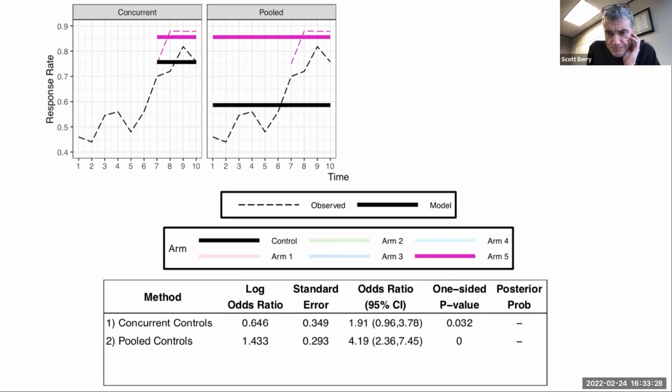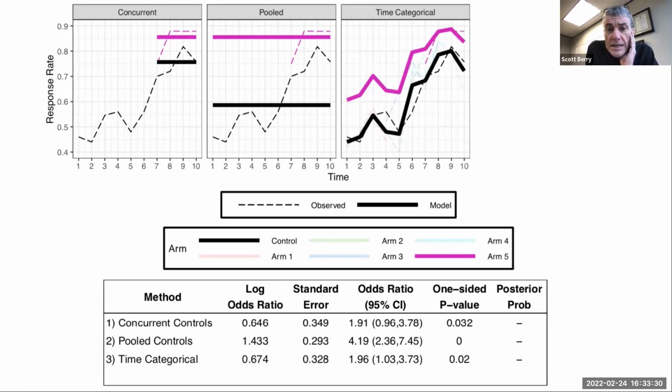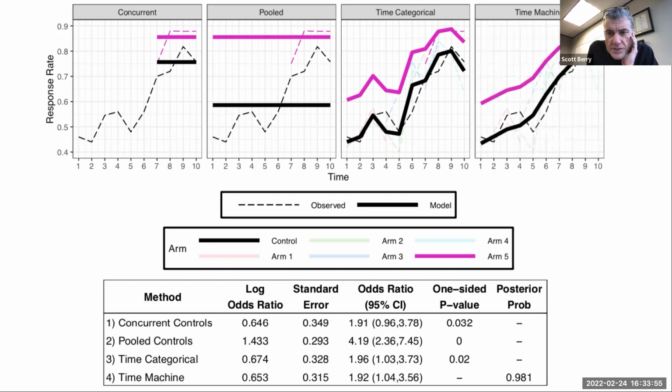The next slide. This is modeling them as fixed effects. So you don't model the alphas with any sort of model. They're all fixed effects. And you can see the analysis of that. Notice the standard error here. The log odds ratio is going to be estimated very similarly, other than 2, which is a bit of a straw man here. You'll see the standard error approach. And then the fourth one here, if you click next slide, is the Bayesian smoothing spline.